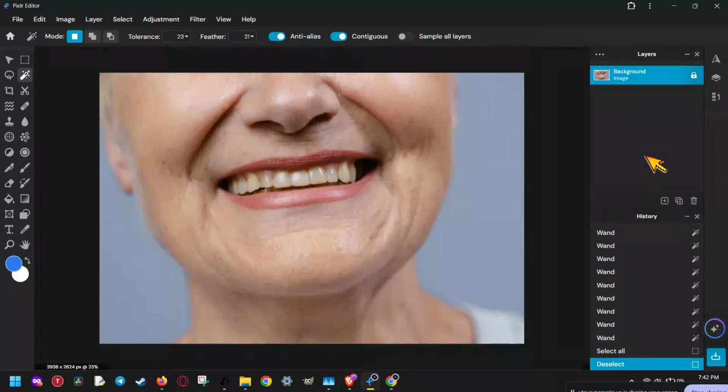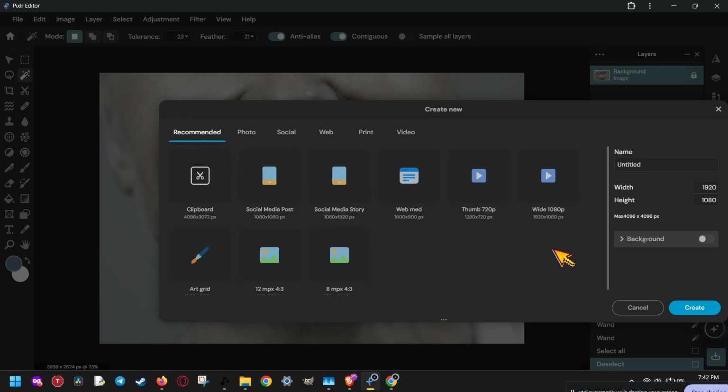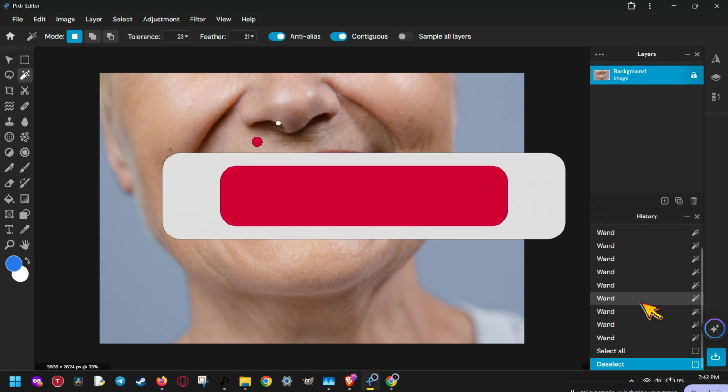If you want to create arrows in Pixlr quickly and cleanly, this video will walk you through the full process step by step. Whether you're making tutorial graphics, highlighting important parts of an image, or just adding simple design elements, knowing how to build your own arrow gives you a lot more control than using pre-made stickers or shapes. By the end of this guide, you'll be able to make a custom arrow from scratch and position it exactly